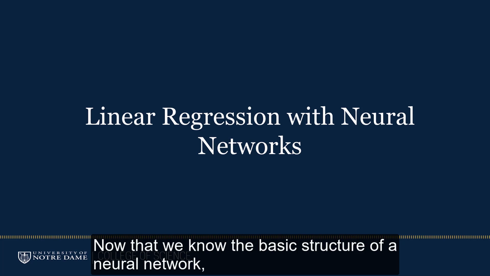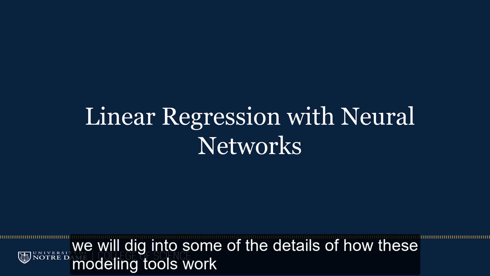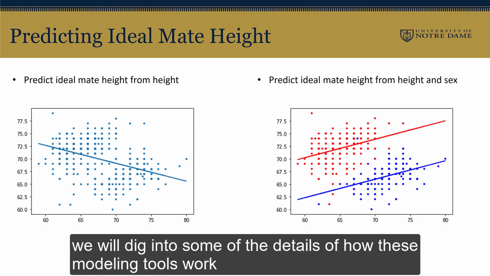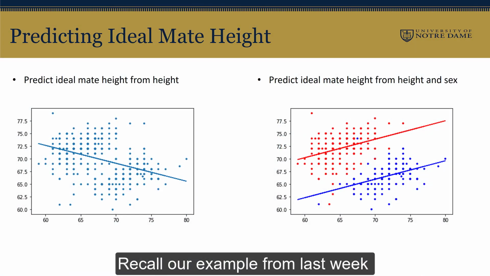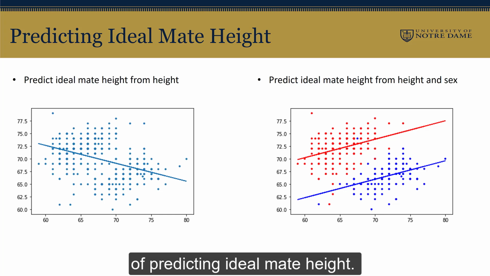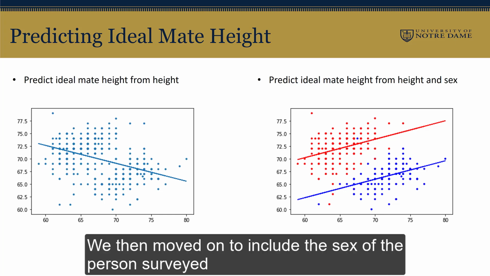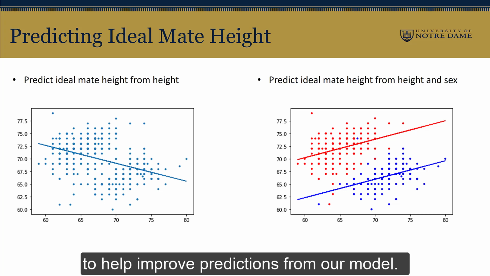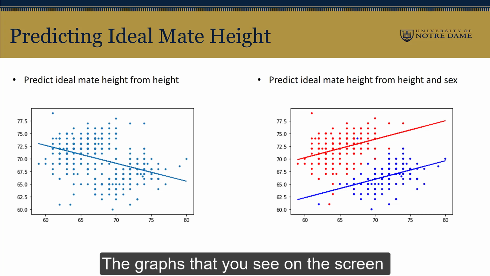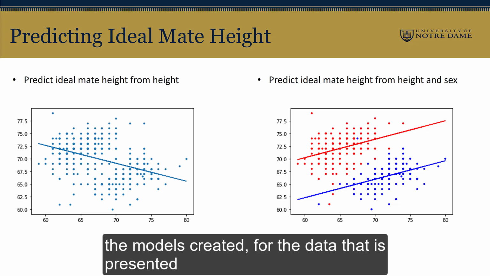Now that we know the basic structure of a neural network, we will dig into some detail of how these modeling tools work. Recall our example from last week of predicting ideal mate height. We started with a simple model using only height as an input variable. We then moved on to include the sex of the person surveyed to help improve predictions from our model. The graphs that you see on the screen demonstrate the best fitting lines for the models created for the data